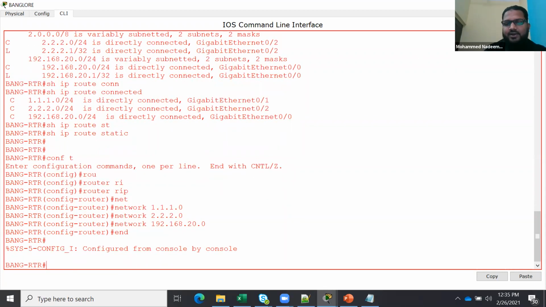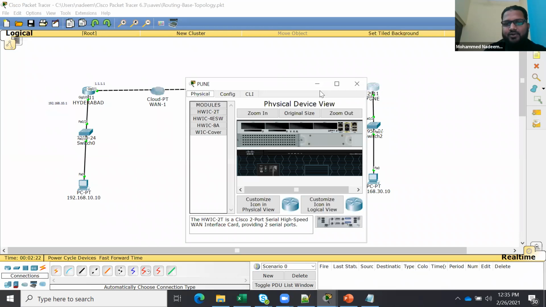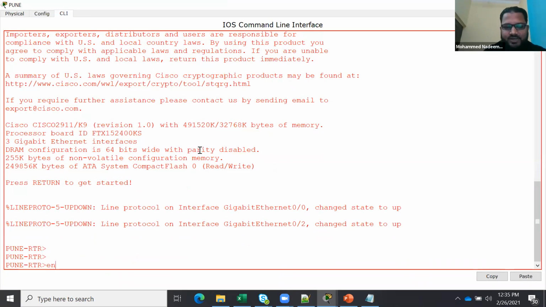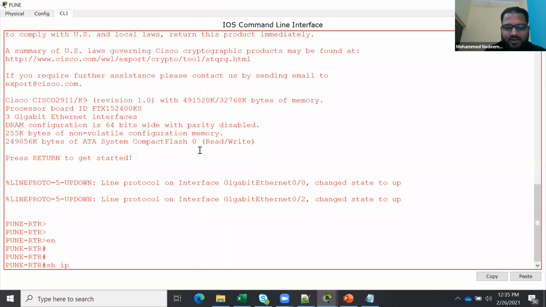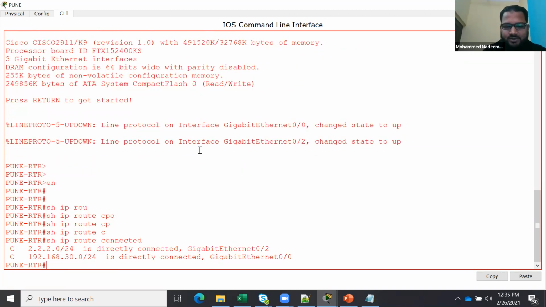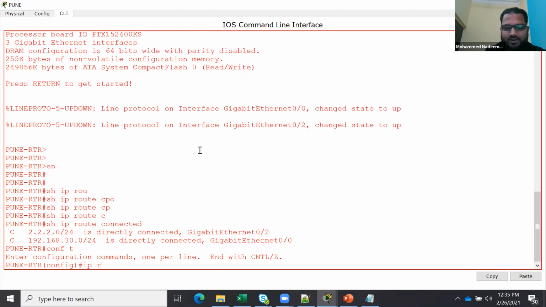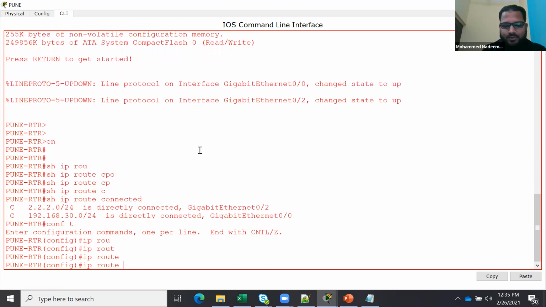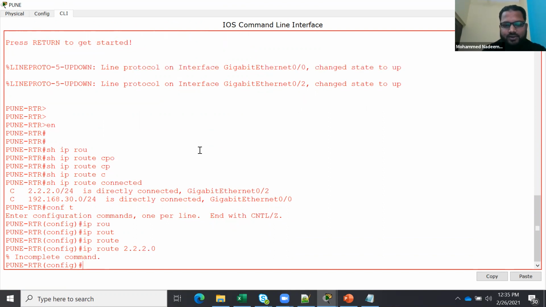So if I go here to the Pune router, what am I going to do? For RIP, I need to configure it, because I'm just advertising my own network. Show ip route connected. So I'm going to say config terminal, ip route 2.2.2.0 and, sorry, network.